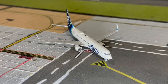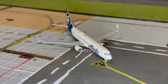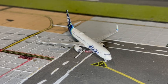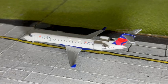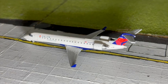Right here we have an Alaska 737-900ER. This aircraft is pulling into the gate from Santa Ana and will be making a later flight out to Seattle, Tacoma. Right here we have the Delta Connection CRJ 700, operated by Endeavor. This plane has just arrived in from Myrtle Beach, South Carolina, and will be making a later flight out to